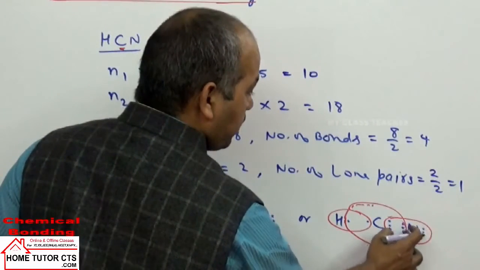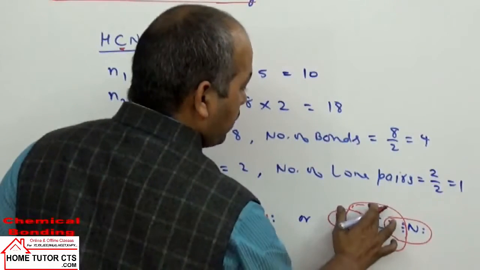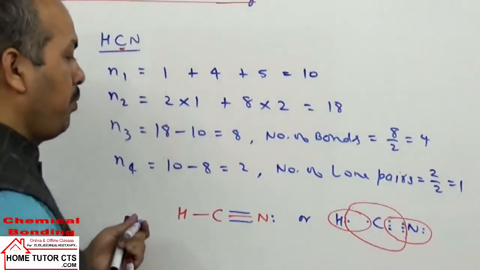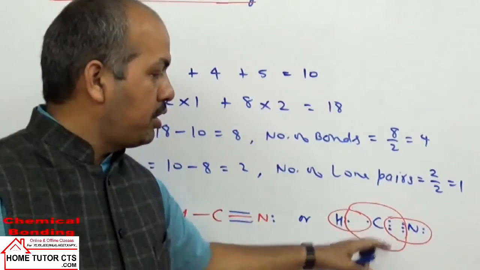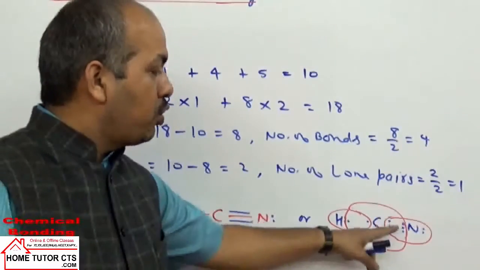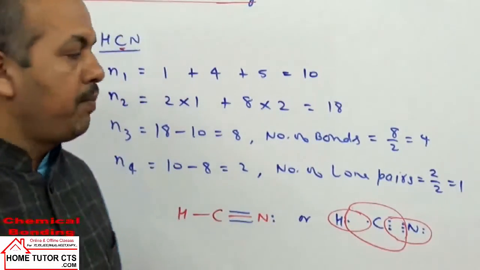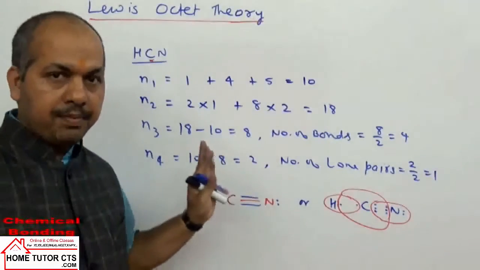Nitrogen has a complete octet, 6 plus 2, 8. C will have 6 plus 2, 8 electrons. So this can be taken as the Lewis dot structure of the HCN molecule. C and H share 2 electrons. C and N will share 6 electrons in total. So as carbon has a complete octet, nitrogen also will have a complete octet after electron sharing. I hope it is clear.